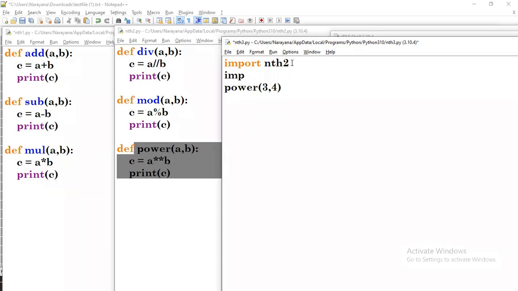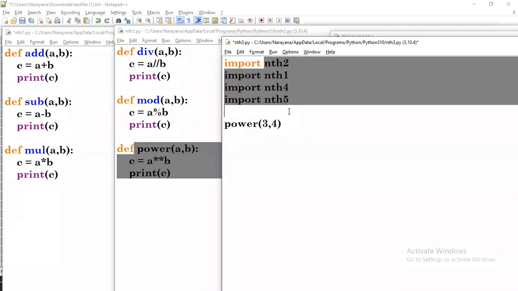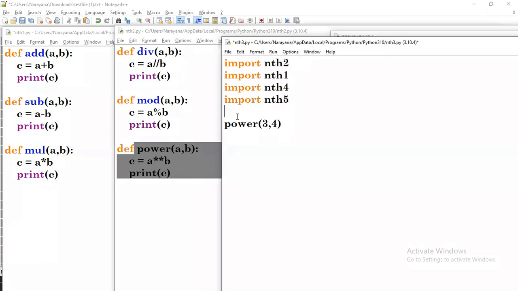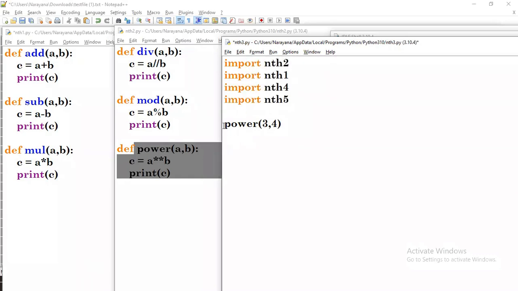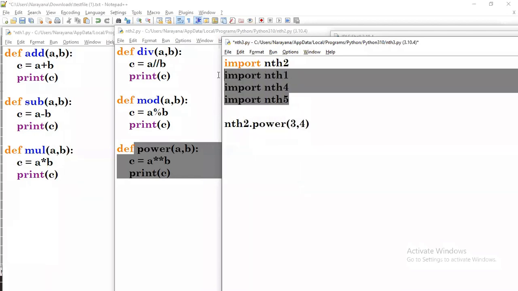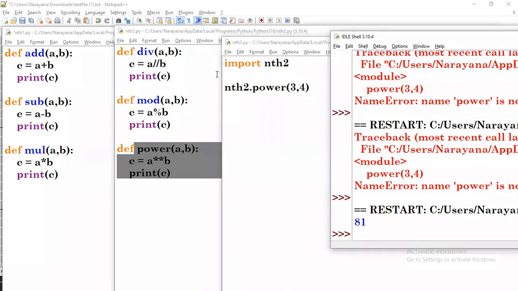Suppose imagine now I am also importing NTH1, guys. For example, imagine there are so many, like NTH4, NTH5, a lot of imports. I'm just using power. Now which file does power belong to here? There is no clarity. Which module does this power belong to? That clarity is required. That's why I specify NTH2 dot power. Now I remove this one. Yes. Now run this one. We get the